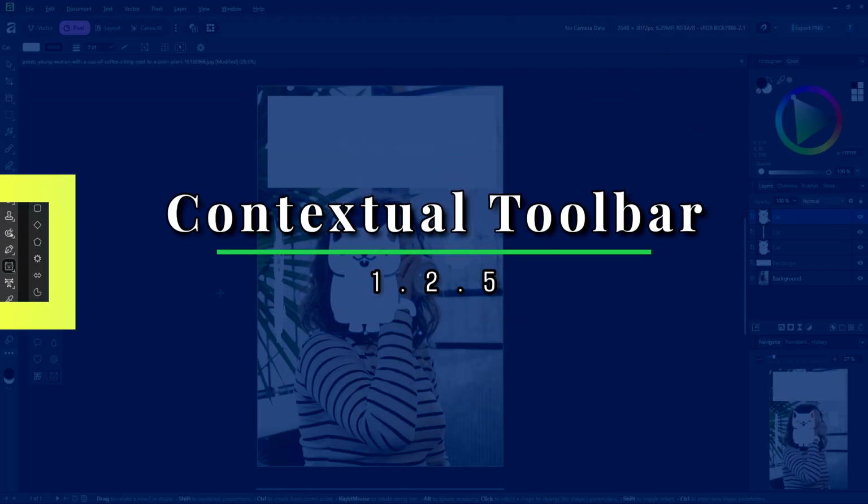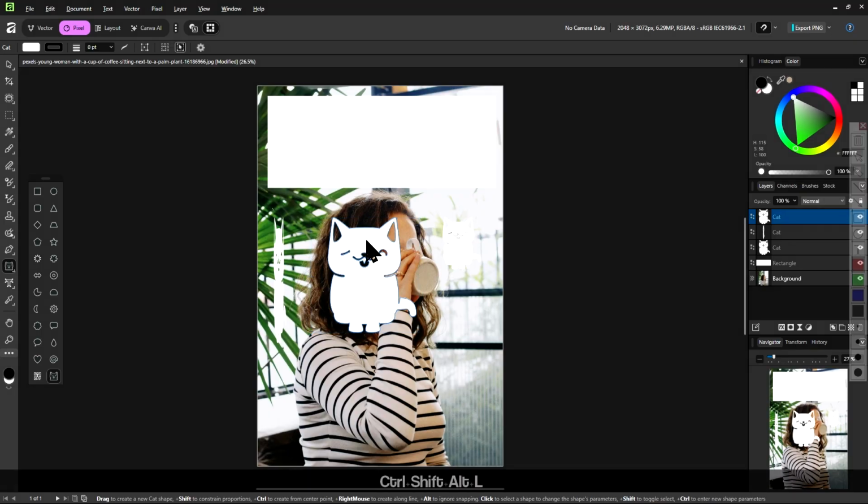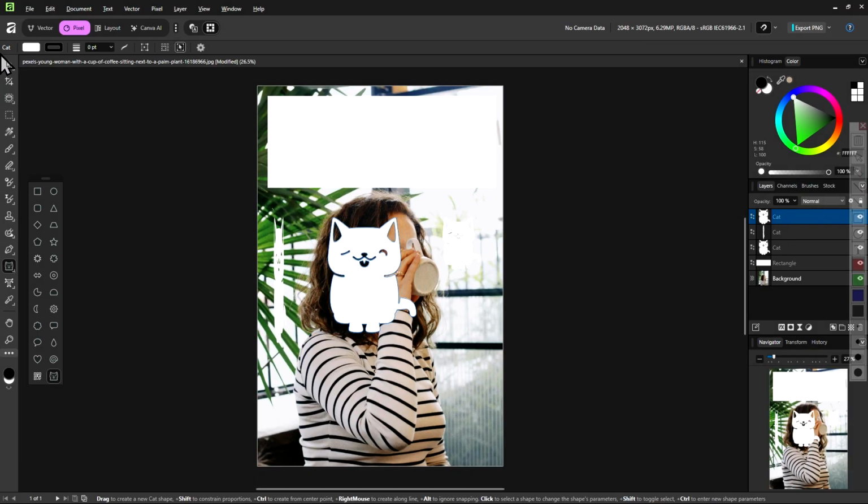So you're probably wondering, all our cats are white, but what if I want to make, for example, a green cat? Well, we should probably change the settings of the cat tool so that the next cat that we make is green. To change such settings, we have to go up into this bar here called the contextual toolbar.